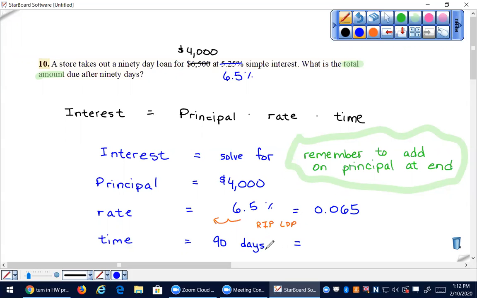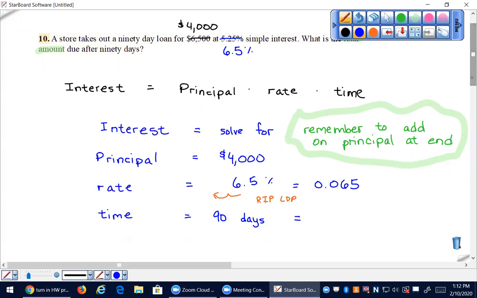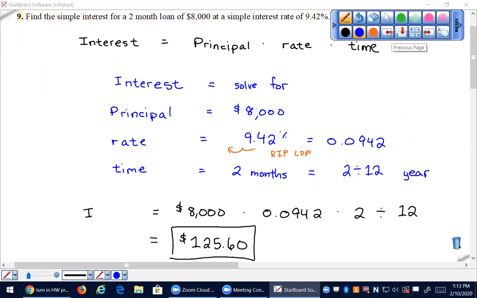So what will I write? Other way. You take the number you have and you divide it by 12. Okay, so 90 divided by